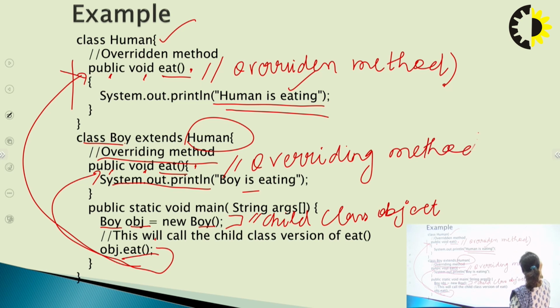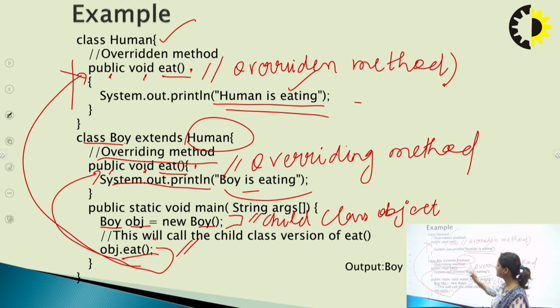Okay. So this method is never being called whenever a call is generated over here. It will always make a call to its own class, where "Boy is eating" will be printed, and "Human is eating" is never going to print. Let us see the output of this program. Boy is eating, and hence this method eat is said to be overridden by the eat method of our child class. So this is the possibility which can occur in inheritance, which is known as method overriding.